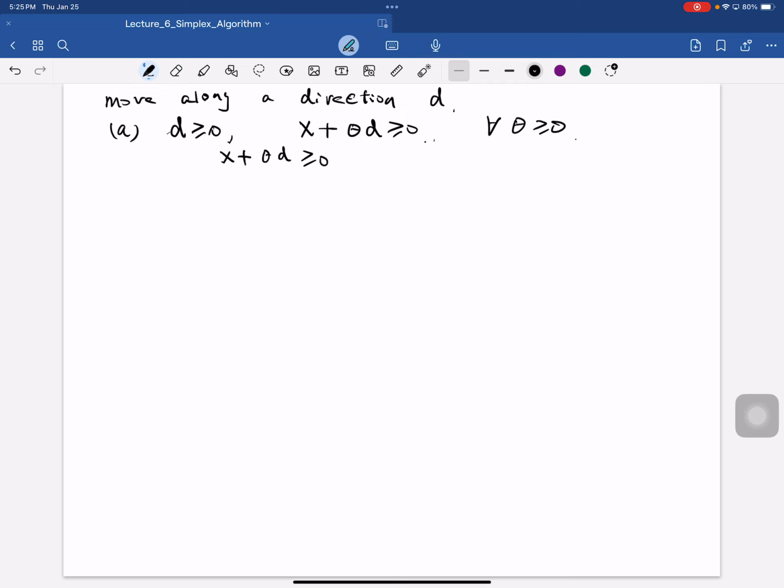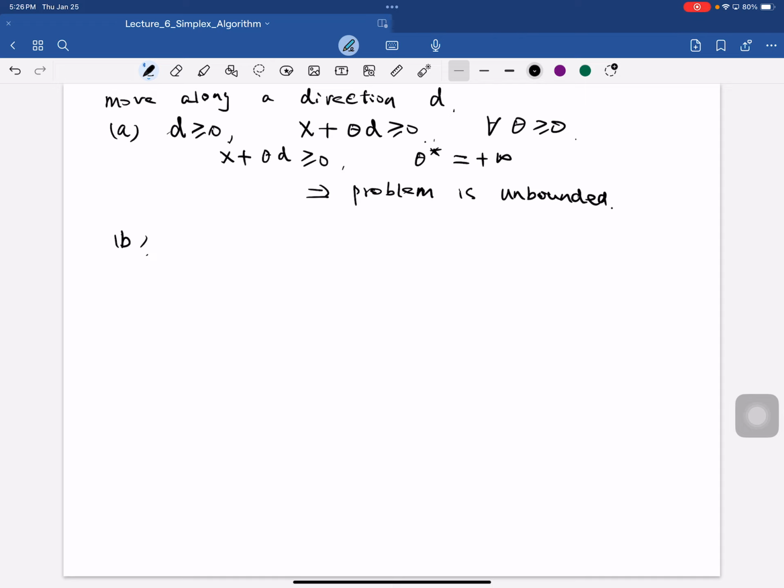So that means we can set theta star to infinity. What does that mean? That means the problem is unbounded. You can move along that direction D, always decreasing the objective, and you never violate the constraint. That is case A. And case B is